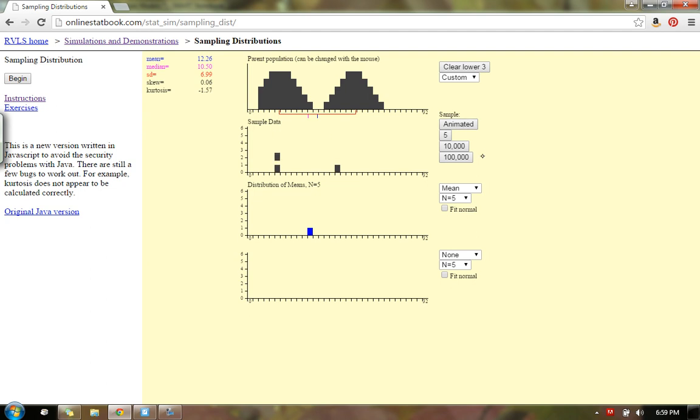Here's another sample of 5. There's the mean for that. There's another mean, the mean of yet another sample. Okay, let's do 5 samples at a time. 5 more, 5 more, 5 more. So you're starting to see that we're approaching more of a normal model. This is the distribution of the means of stuff pulled from something with this kind of probability distribution.